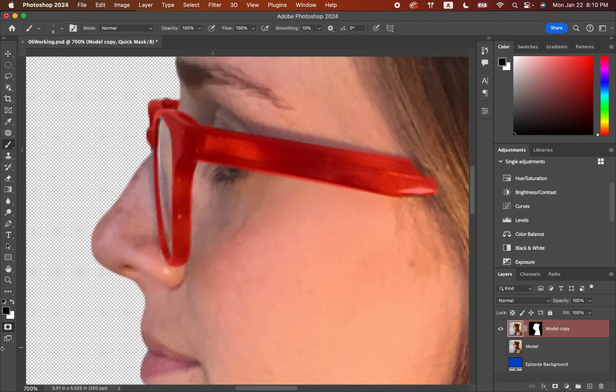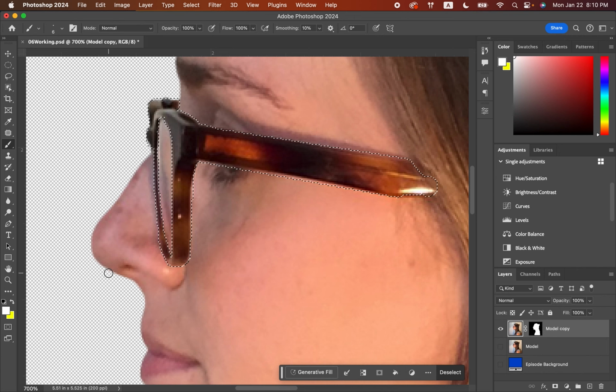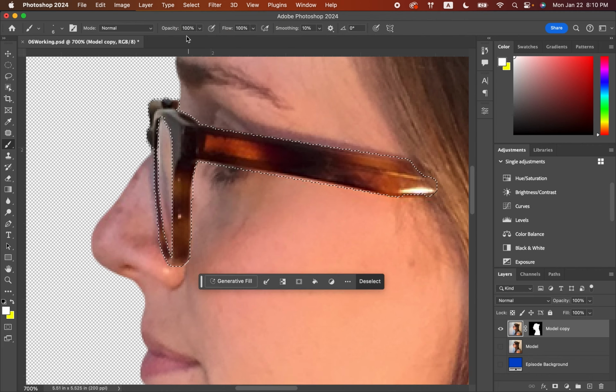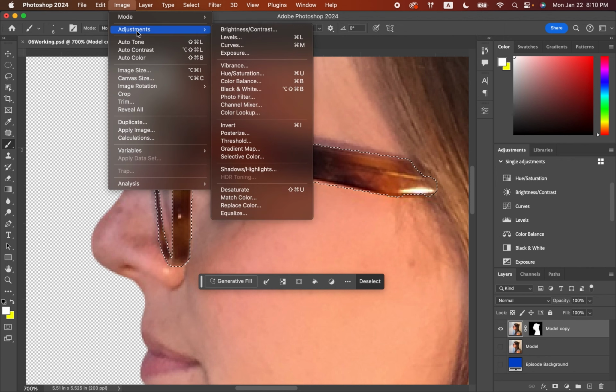Okay, now you can get rid of the quick mask mode. So click that button and you'll see that it's going to actually load this as a selection, the marching ants. So you're going to go select inverse, and then you're going to go up to image, adjustments, hue saturation,